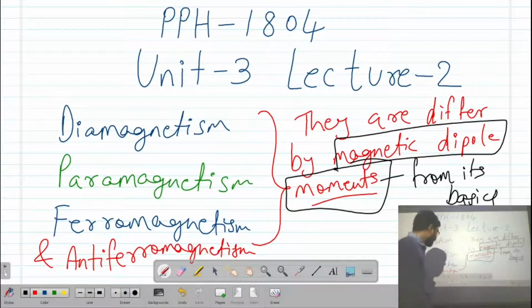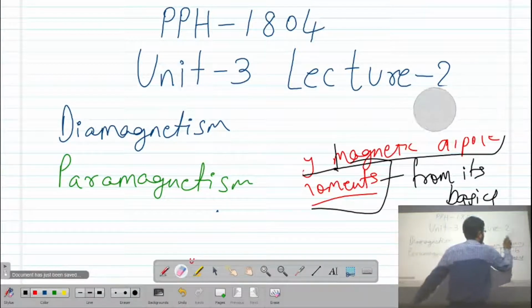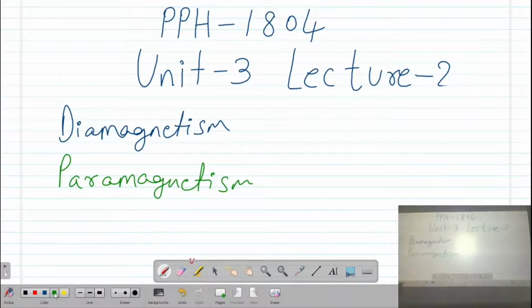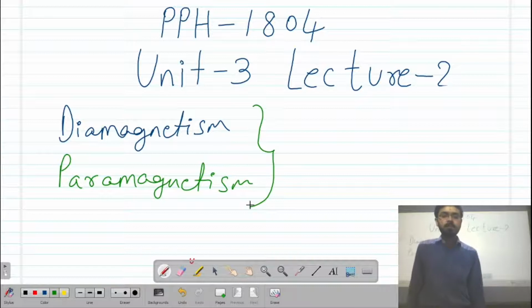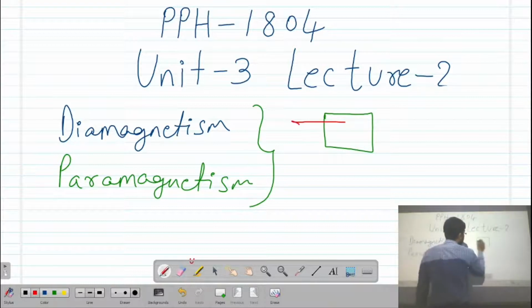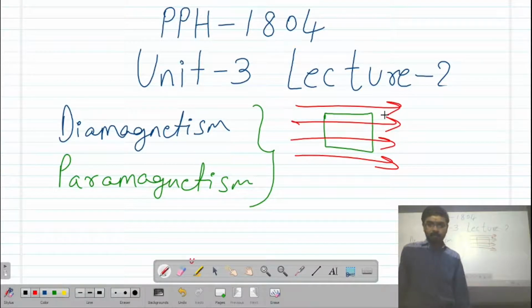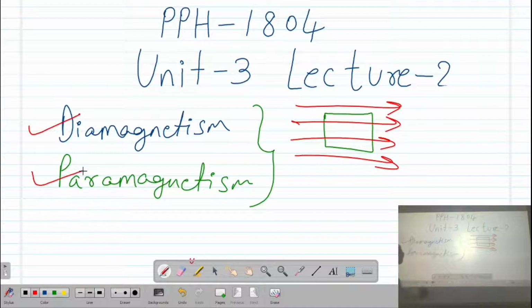right? After that we have seen what happens when a material is subjected to an external magnetic field, and how the orientation of its magnetic dipole moments changes, which decides whether it is diamagnetic or paramagnetic.